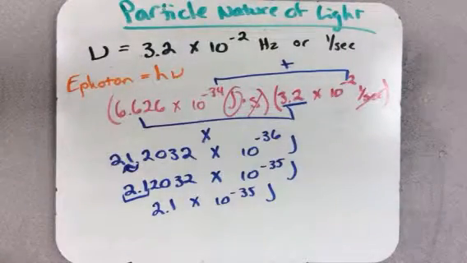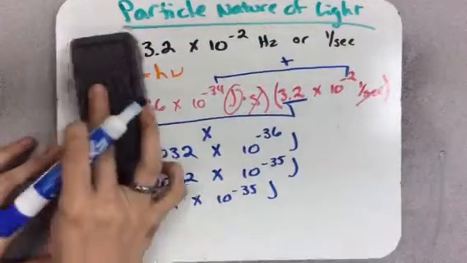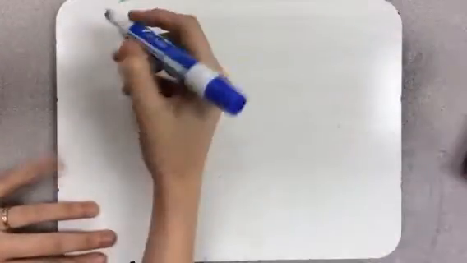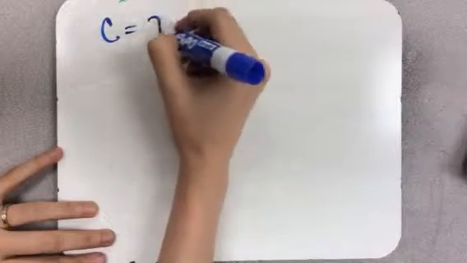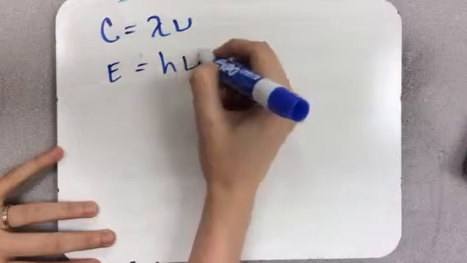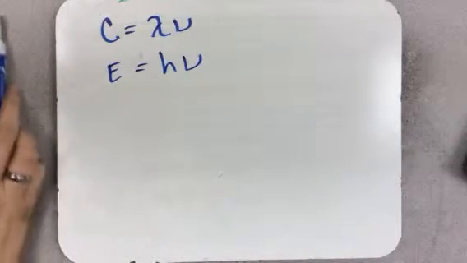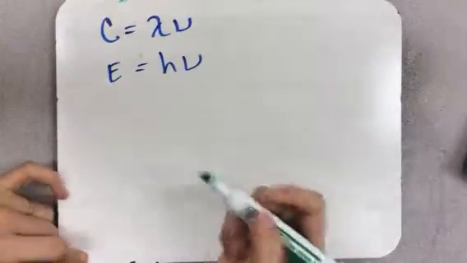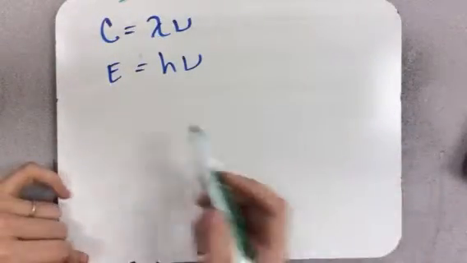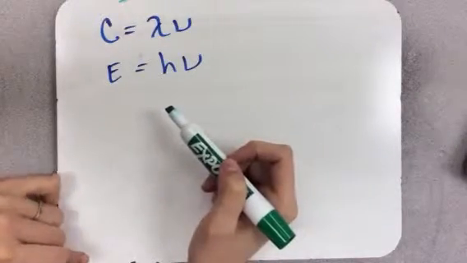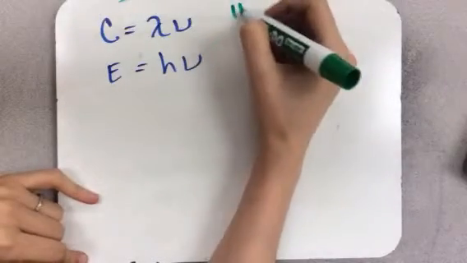Now, be sure you can get an idea of how these two equations can come into play with one another. If we have c equals lambda nu, and we have E equals h nu, then I should be able to give you the wavelength of a type of radiation, and you need to find the frequency, and from that you need to find the energy. So I can ask you how much energy